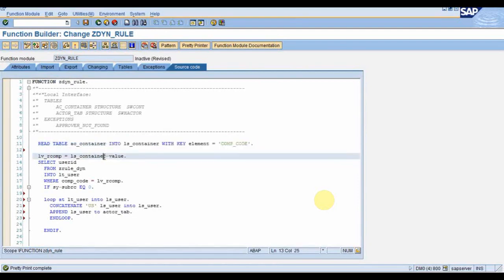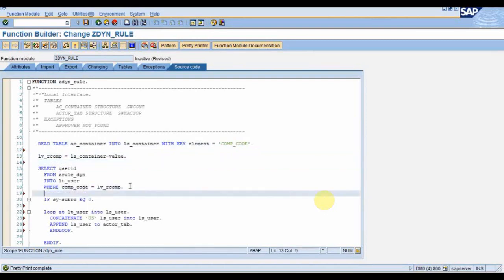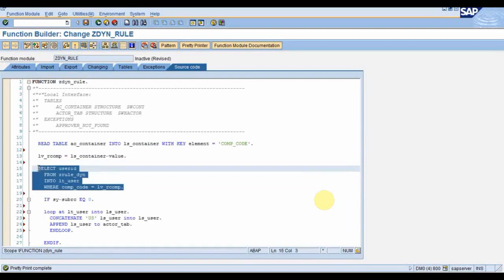In this AC container we have the values, like suppose company code. I haven't created it yet. I will be creating this container element called company code in the rule container. So it reads this AC container and I'm fetching the value of this company code element. I'm storing it in lvrcom, and then based on that value I'm fetching the data from the database.